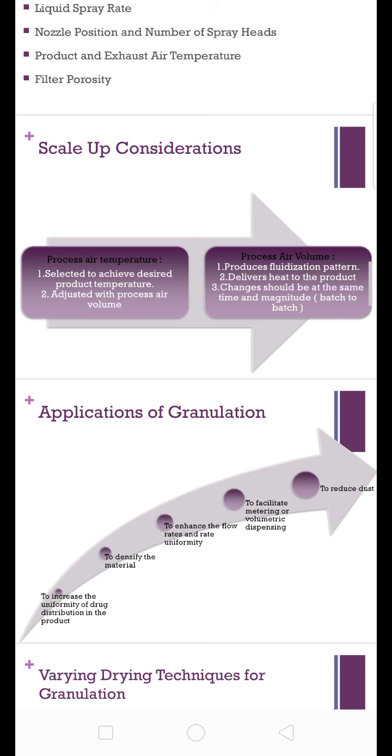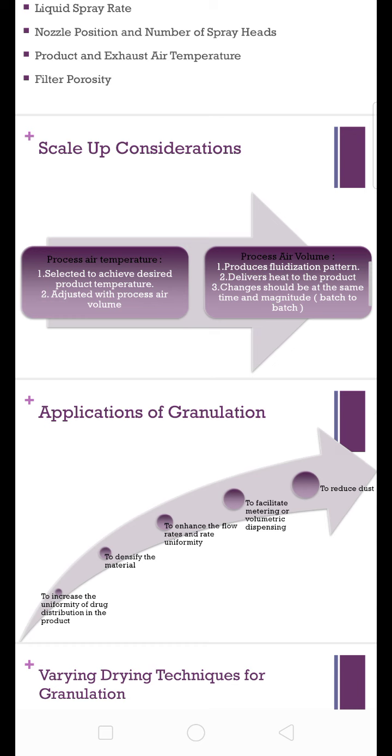So you have to maintain temperature in such a way that the product will not remain wet and it will not even degrade, right? So you are going to control the temperature of the air and adjust this temperature with process air volume. Okay, and second is